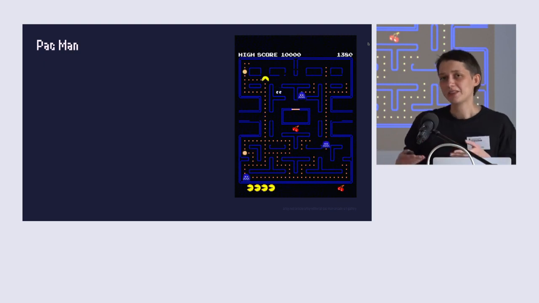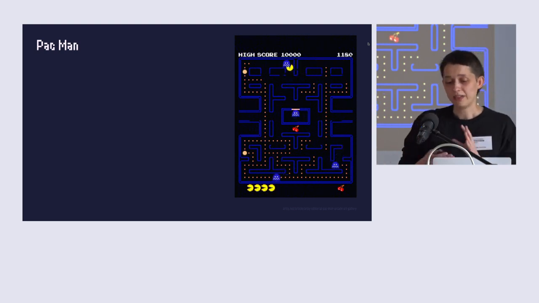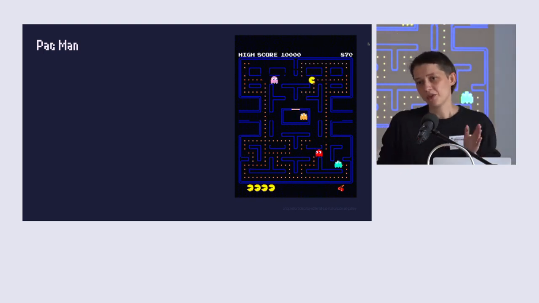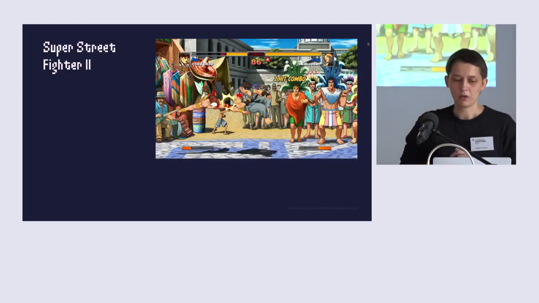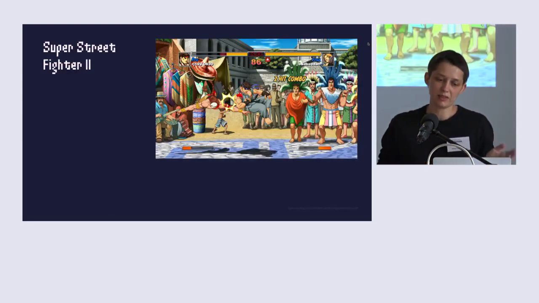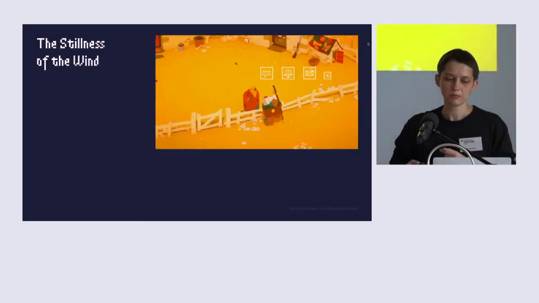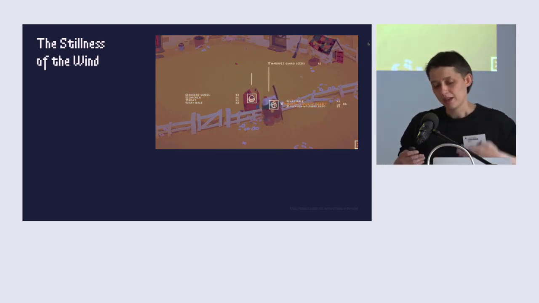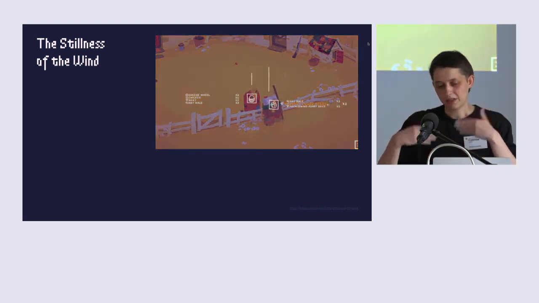The score is set in a bitmap monospace font, and the typography is basic, which could also be because of the technical limitations and the screen resolution. Super Street Fighter: here we can see the life indicators and some additional comments. And The Stillness of the Wind, where the interface and menus appear as an additional layer.